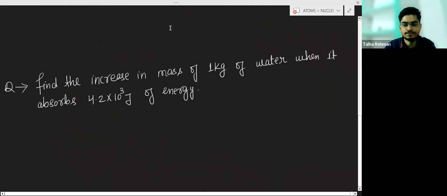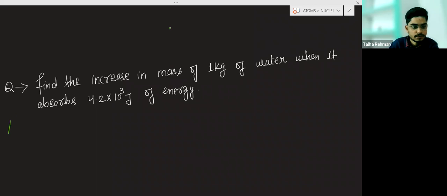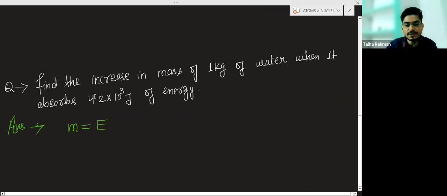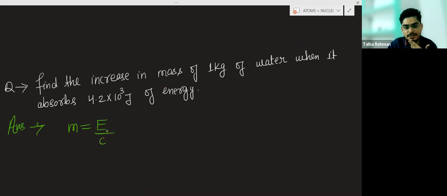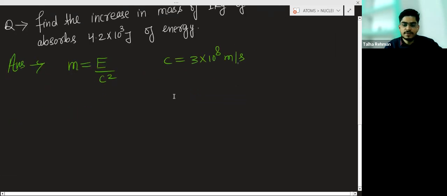Now another question. Again you have to apply this formula. M is increase in mass, E is the energy supplied, divided by c square, and the value of c is 3 into 10 to the power 8 meter per second. So they are saying find the increase in mass of 1 kg of water when it absorbs this much energy. This is a glass,